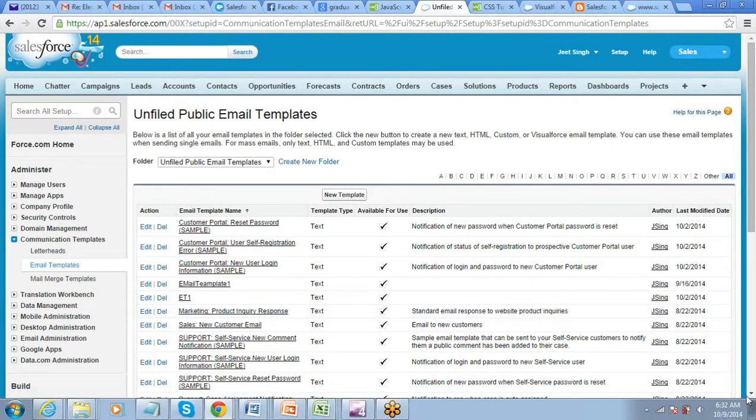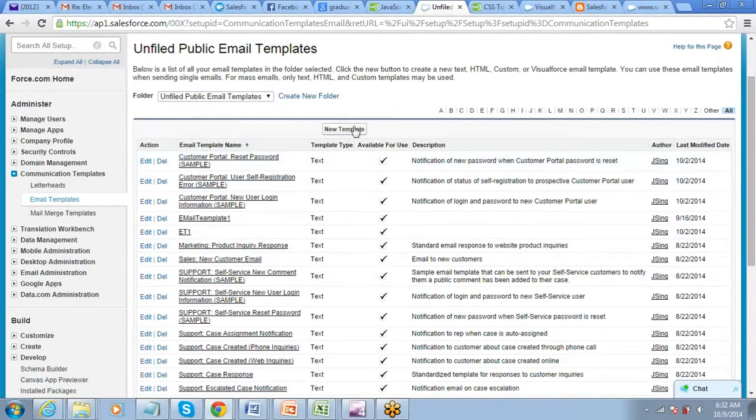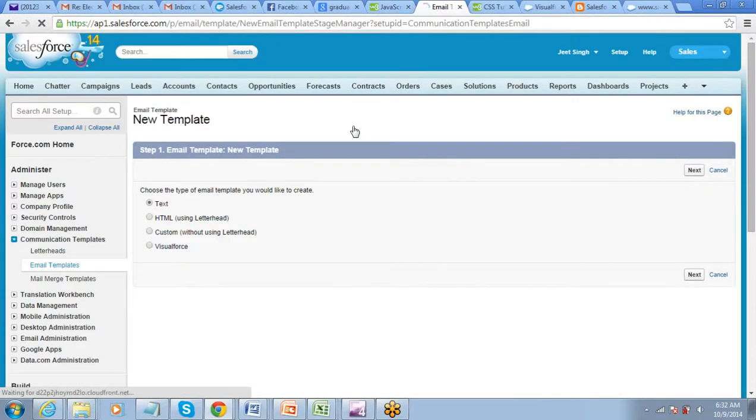So once you select Visualforce in the email templates, click on new template, select Visualforce, click on next.